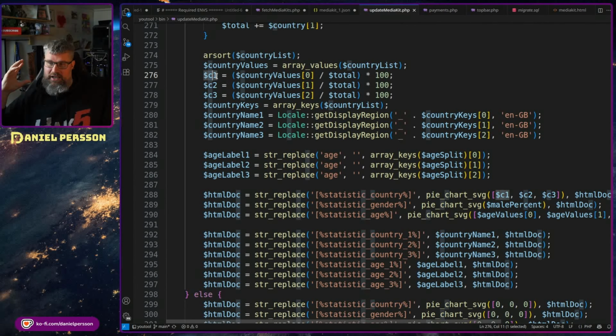And then I take the country keys, and the country keys I will use to present the country names. And then I use this locale get display region with a dash first, because the first value is the language value, and then comes the country value. So EN-US, EN-GB, and so on. So I want to have the country value, and then I take the British pronunciation of that country value, pretty much, and get the country name. So that is what I will present as the statistic name for that in my